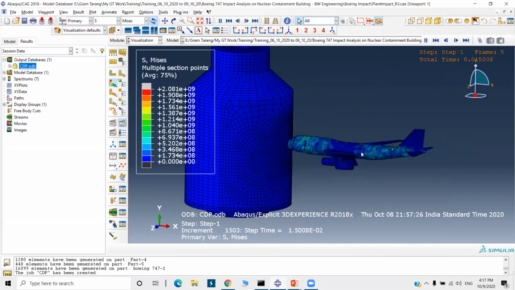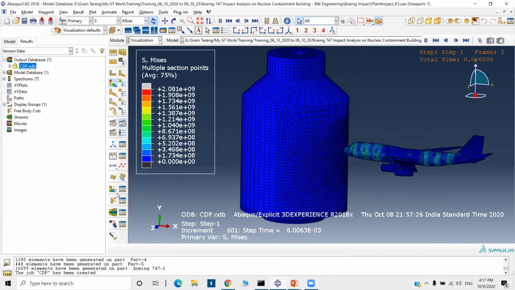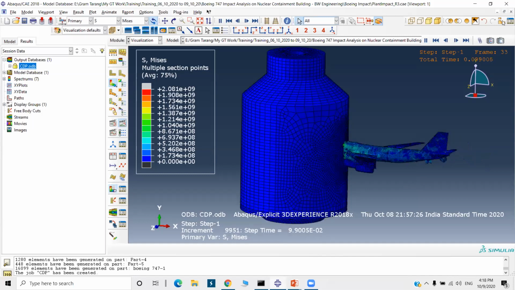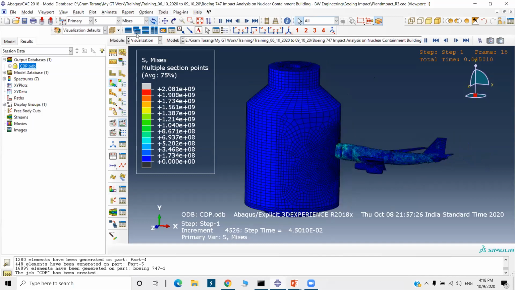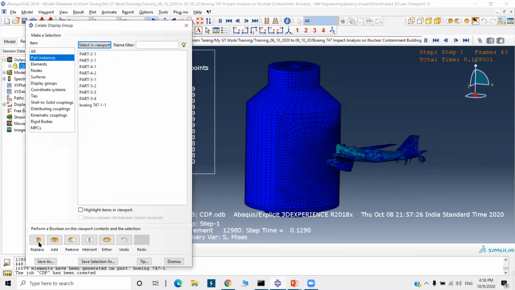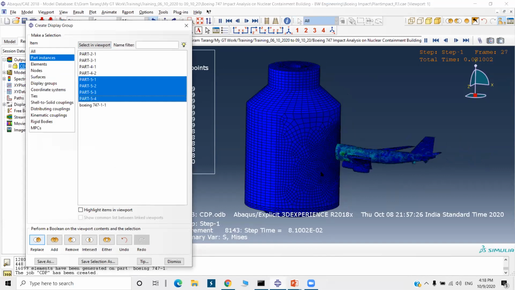You can check like this also, cut section. We can check it for different parts separately. Suppose part 5, we want to check it for part 5. You can check the effect of it.